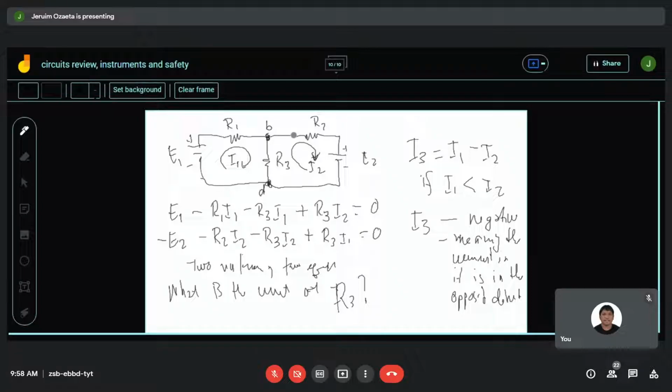And take note that both current I sub 1 and I sub 2 will pose an equal potential drop. When you multiply I sub 1 by R sub 3, they must give the same potential. Okay? Except that, due to the direction of the I sub 2, if it turns out to be greater than I sub 1,